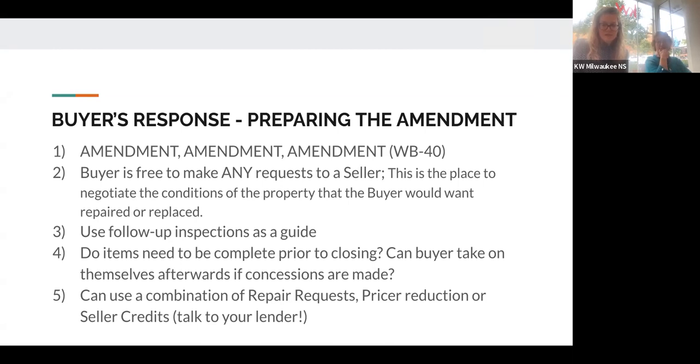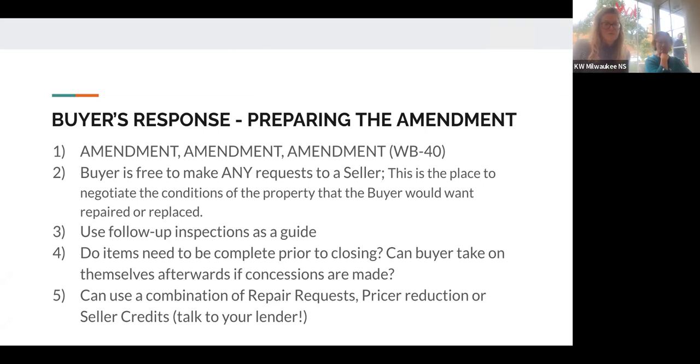So we can use that as a guide on how to ask for things to be done. There are conversations around whether the buyer has concerns about whether things should be repaired prior to closing,